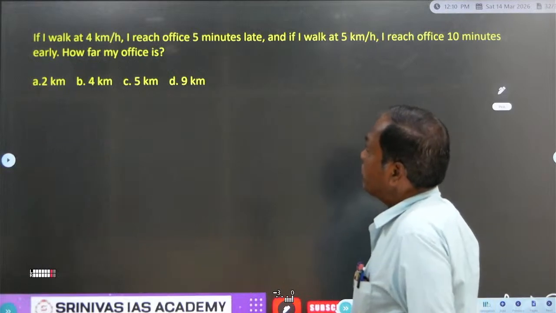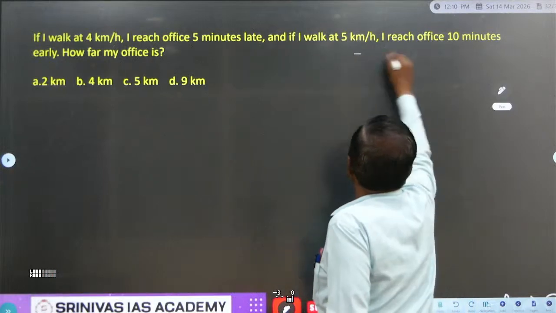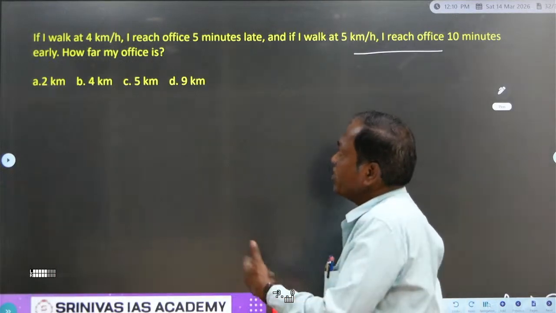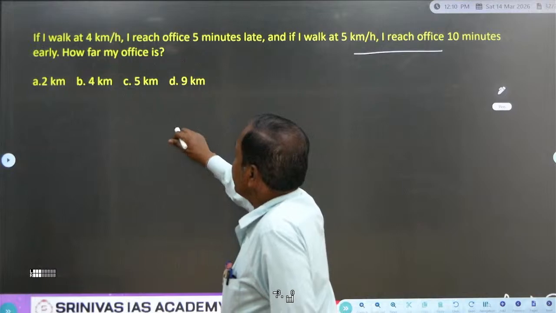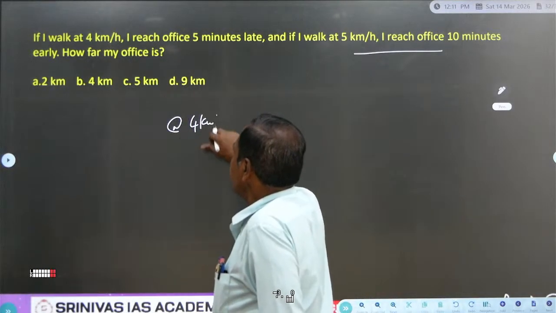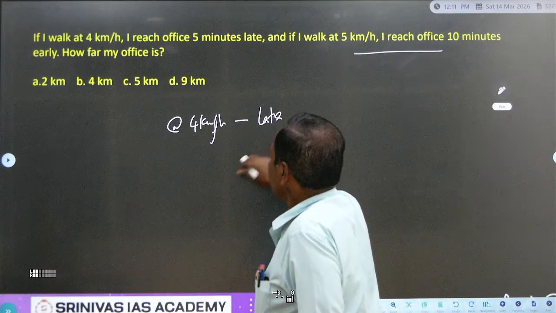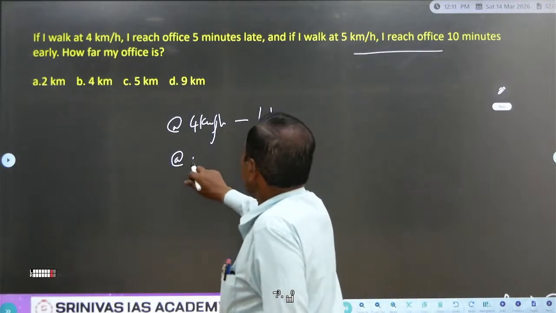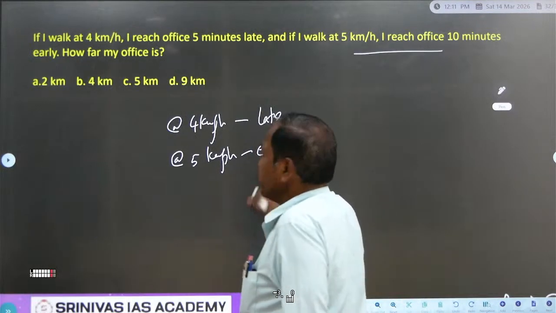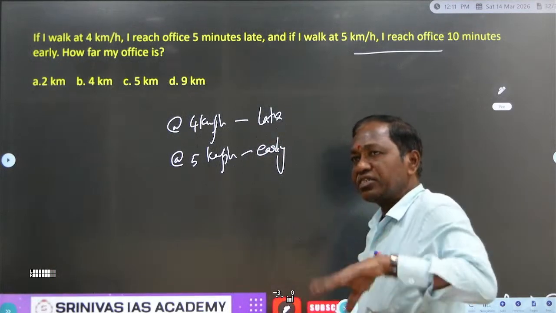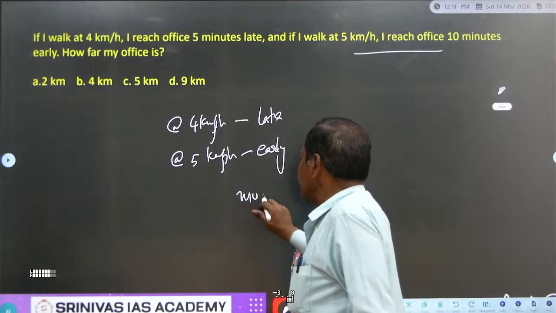Read the question. If I walk at 4 kilometers per hour, I reach office 5 minutes late, and if I walk at 5 kilometers per hour, I reach office 10 minutes late. How far is the office? This is again a theorem based question. At 4 kilometers per hour, I am 5 minutes late. If I walk at 5 kilometers per hour, this is early. So at a certain speed I am late, at a certain speed I am reaching early. Here you have to apply the multiplication of speeds